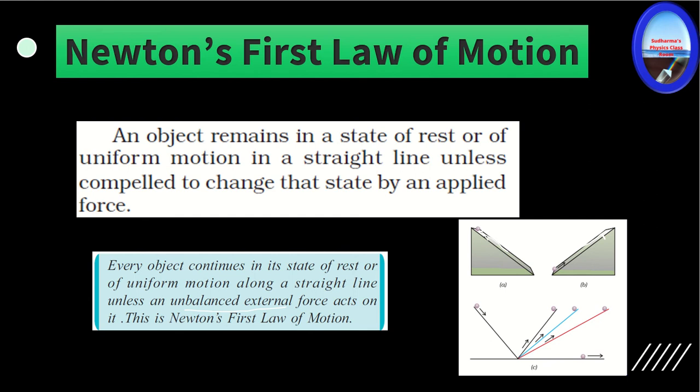So if you push it within the car, we are also part of the system. When we apply a force on the seats, it's an internal force, it's not an external force. Understand that point? But at the same time, if you go outside and push the car, we are becoming an external agent, right? We are not part of that car now. So we are applying an external force in one direction, unbalanced force will be acting and the car may move. Okay, so that is what is meant by Newton's first law of motion. So we have to exert an external unbalanced force to make a body move.